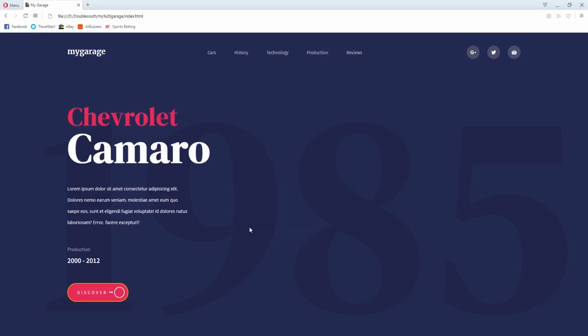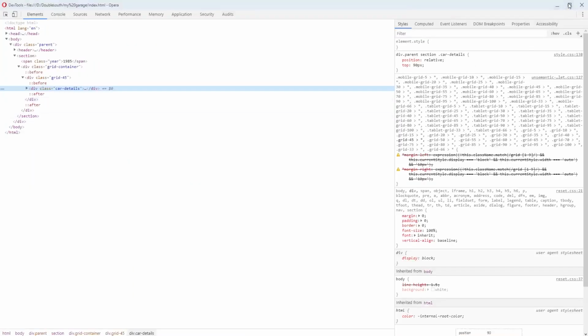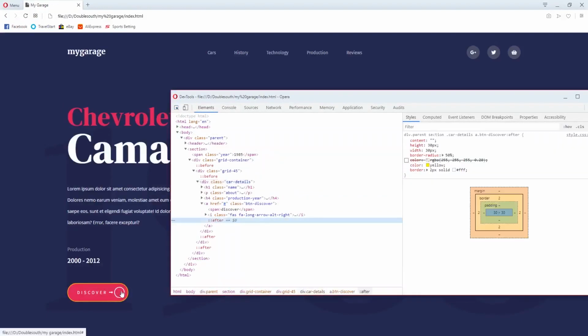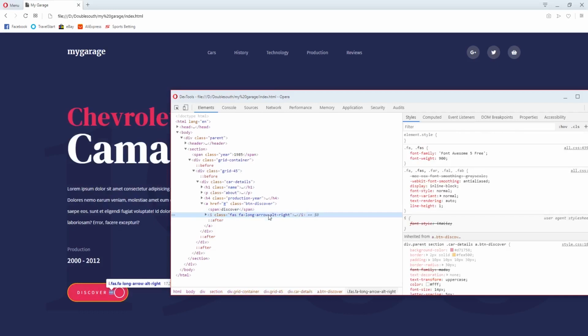Let's spread the elements. After the span, this I, we're supposed to target.